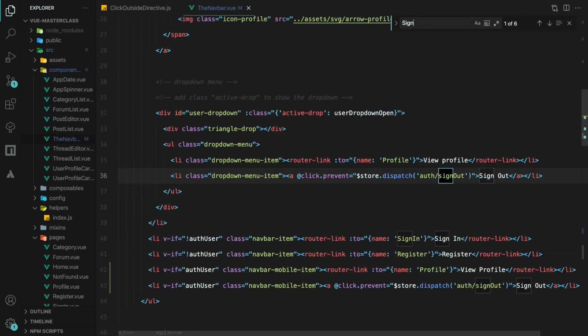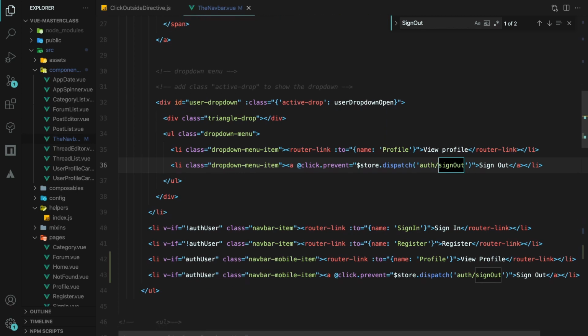Since the sign out navigation item isn't actually changing routes, in order for this to work, we need to either manually set mobile nav open to false or make it just change navigation. I'll just make the sign out also redirect us to the home page so that the before each navigation guard will fire. We can do this by calling router.push after we dispatch sign out.